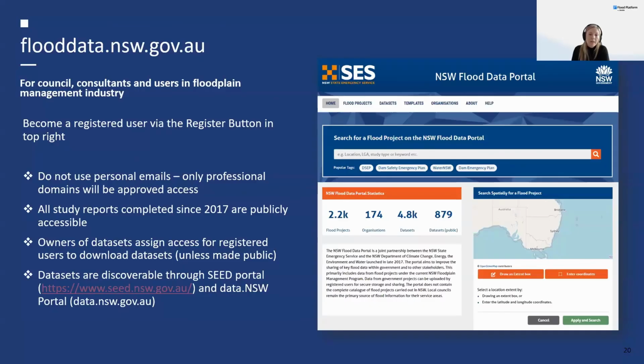We've got flood models in there, hydrology models, reports, all sorts of data sets, results. And this was created because the New South Wales SES realised that there was a need for government, floodplain managers and industry professionals to be able to work on a single source, to collaborate and to provide easy access to all of this information.